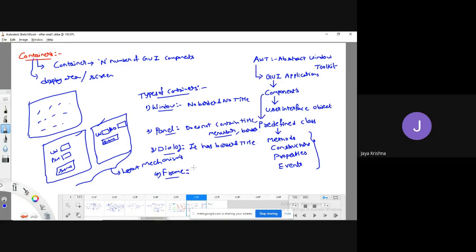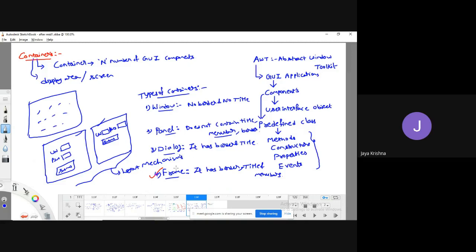Frame is also a container which has a border, title and menu bars. So which one is the better one? Frame is the better one. Let's observe here.